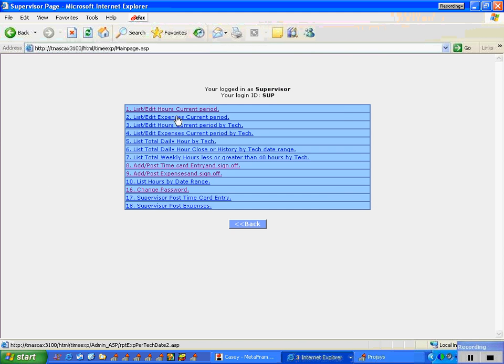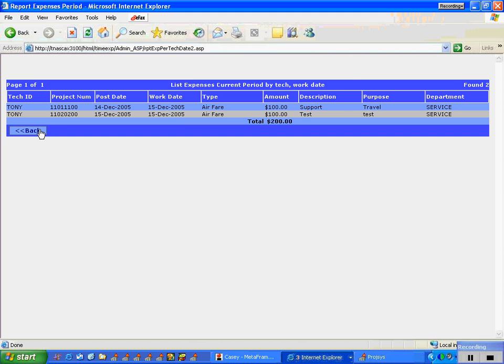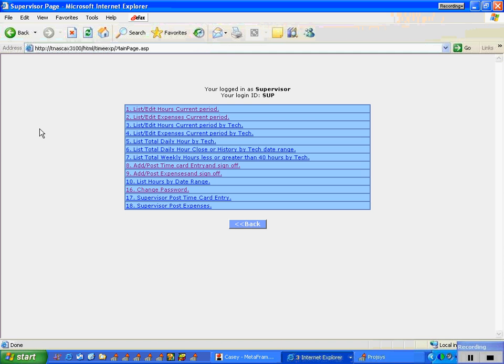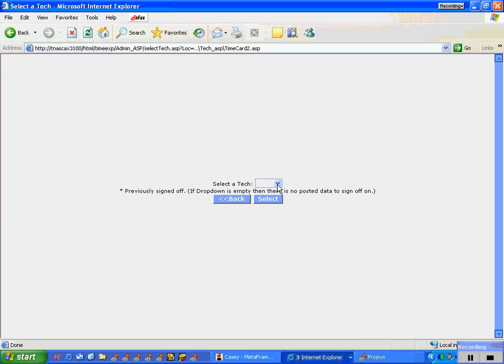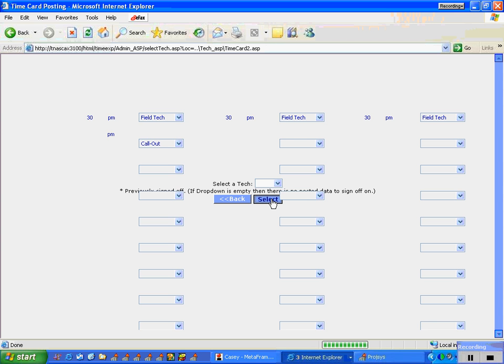They can list expenses by technician, just all that kind of good stuff. And they can also sign off on that time, and they can choose a technician and then select, and it brings up the time card system, and then they can go ahead and say, yes, I accept this time,